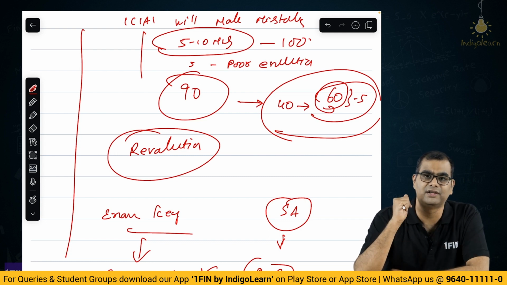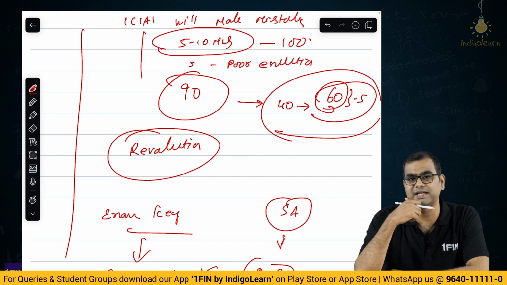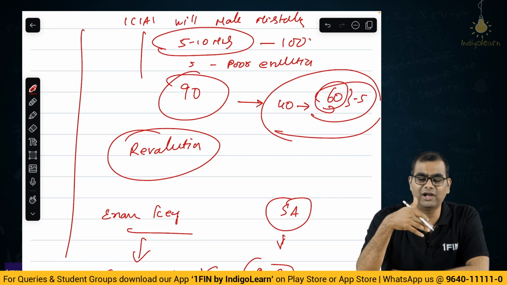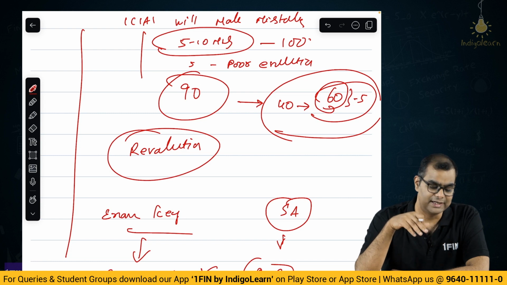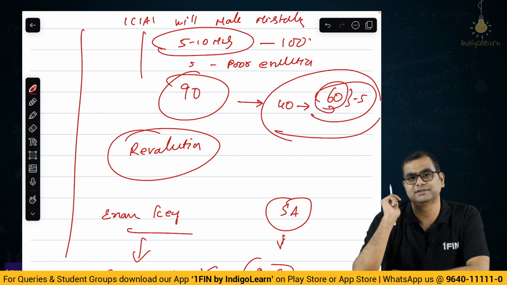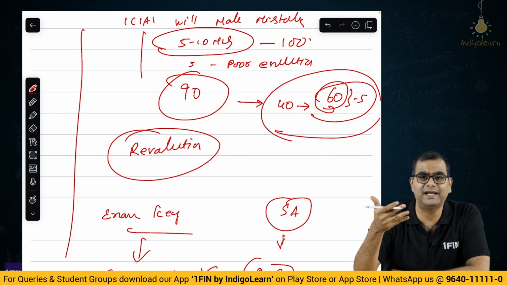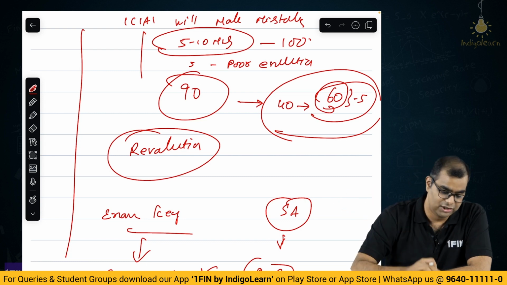Now, what will happen because of this? ICAI will become defensive. They will not set tough questions or new kinds of questions. They will again choose questions straight from the study material, right? Because all of us are creating bawal. Which again is detrimental to students, because you need new kinds of questions. You can't have the same old copy paste chapa maro questions from study material. Okay, so this is the summary.